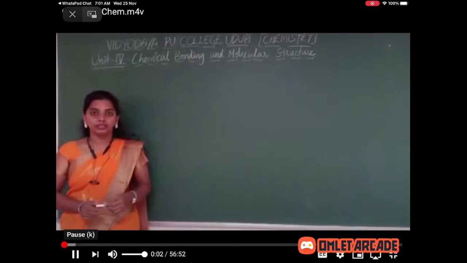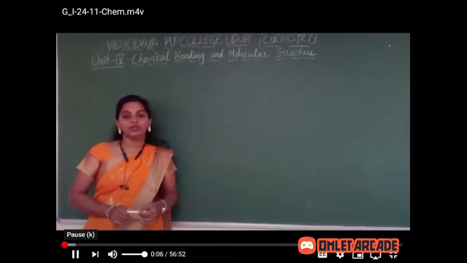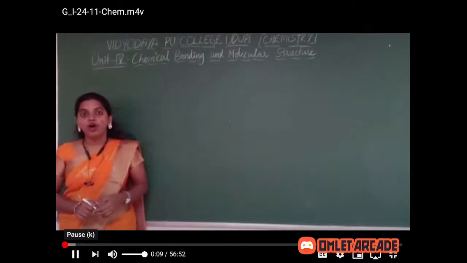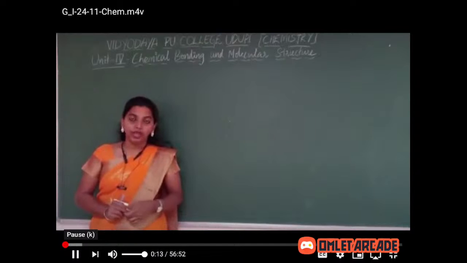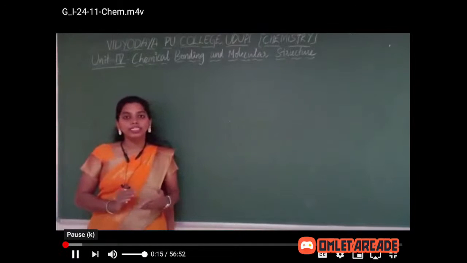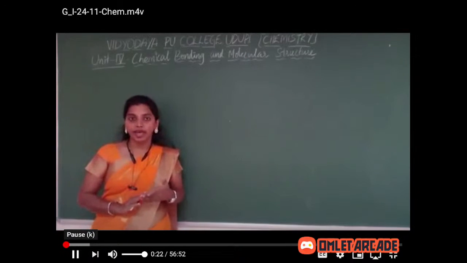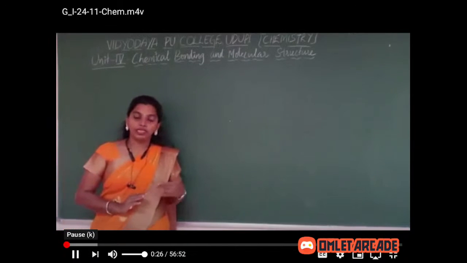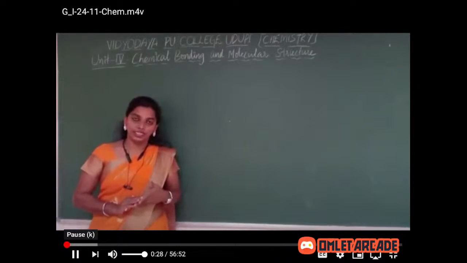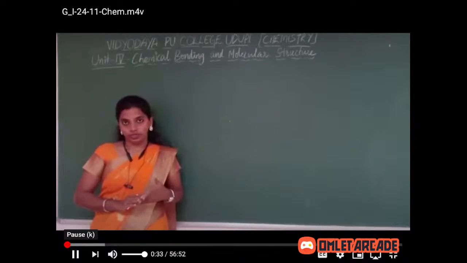Students, in the last class we have studied valence bond theory, right? So valence bond theory is based on the orbital overlap concept and hybridization. Orbital overlapping means intermixing of the atomic orbitals takes place. So that is improved by the hybridization. In the hybridization, intermixing of the orbitals takes place, forming the new set of orbitals which